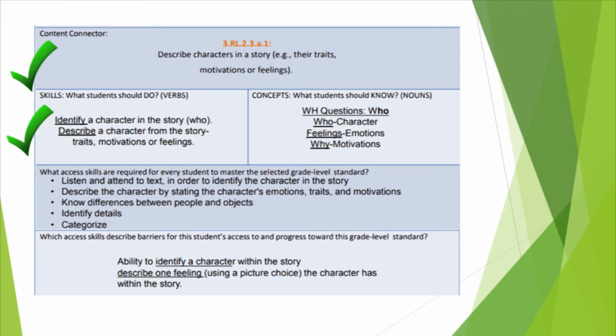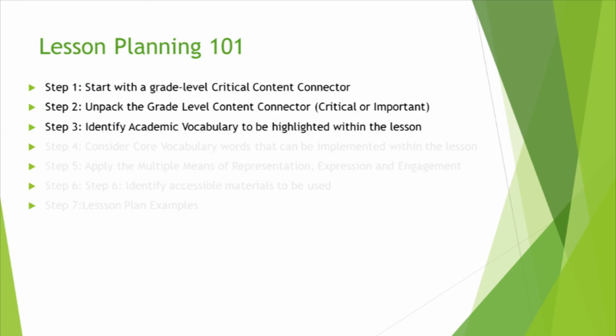Next, we want to review what students should know within the content connector. Understanding the WH questions, like who the character is, understanding and naming feelings, identifying the character's emotions, understanding the WH question, such as why, and identifying the character's motivations. After we select and unpack the content connector, we want to highlight the necessary academic vocabulary and core vocabulary aligned